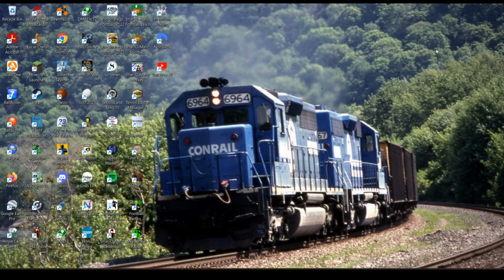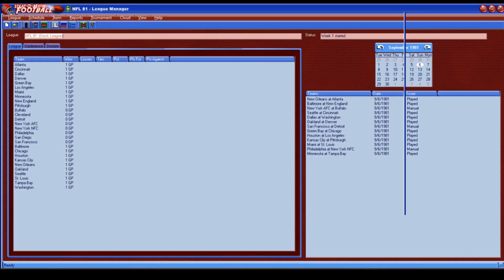Now next, we'll go into the game and I'll show you how to authorize to a point and how to set up a schedule and all that. All right, so open up the file called League Manager. You should have a shortcut already on your computer anyway. You don't want to open the football game itself. For whatever reason, they turned this into two different programs, as opposed to one for the baseball, the basketball, and the hockey, where you could all do this from inside the game. Football is different. So what you're going to do